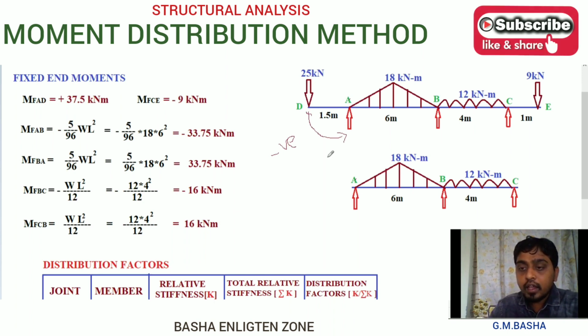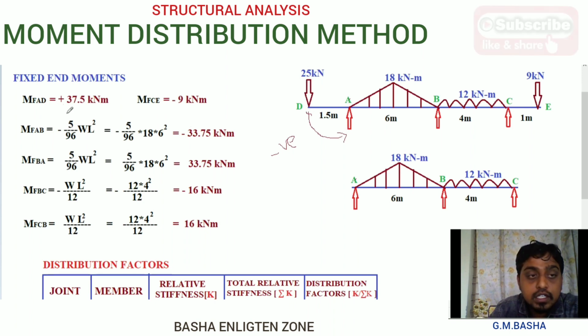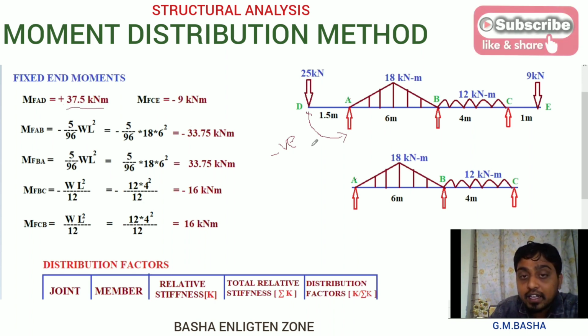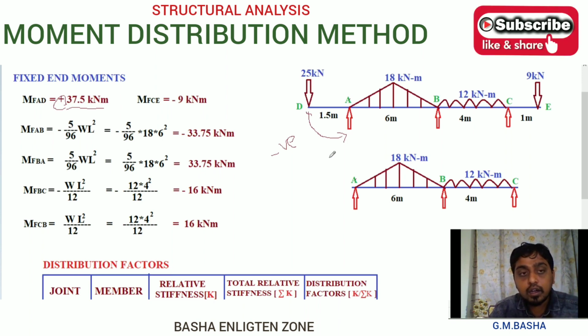Here what I told yesterday, the same concept applies. The force acting towards A will be 25 into 1.5, which is 37.5 kilonewton meter. Here it is an anti-clockwise moment, but I am taking it as a positive, clockwise moment. Why? Because I am taking the correcting moment, which is the balancing moment. Please remember, at the overhanging position the moments are always in a balanced position, which means you have to take the balancing moment.